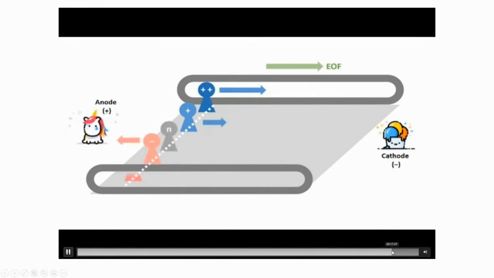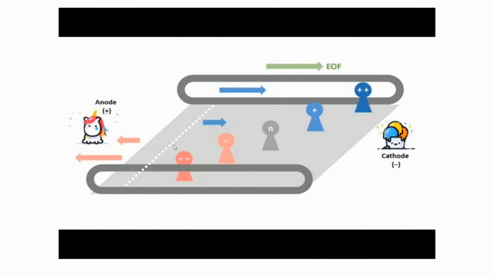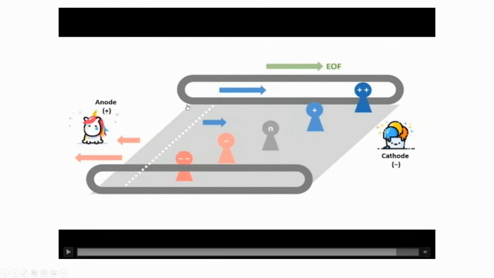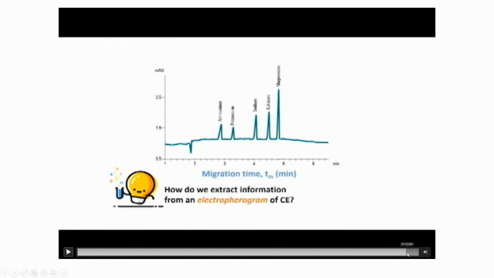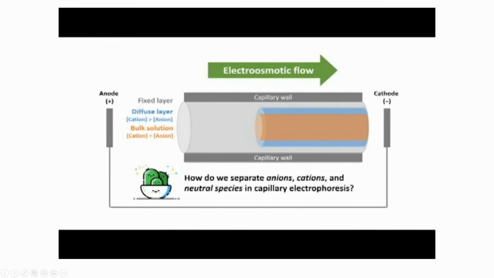The cations and anions run towards the ice cream at different rates. So that's how we separate these different fragments based on the size and charge, so that you can have a better resolution. That's capillary electrophoresis. Okay. So that's basically the principle of capillary electrophoresis. And now